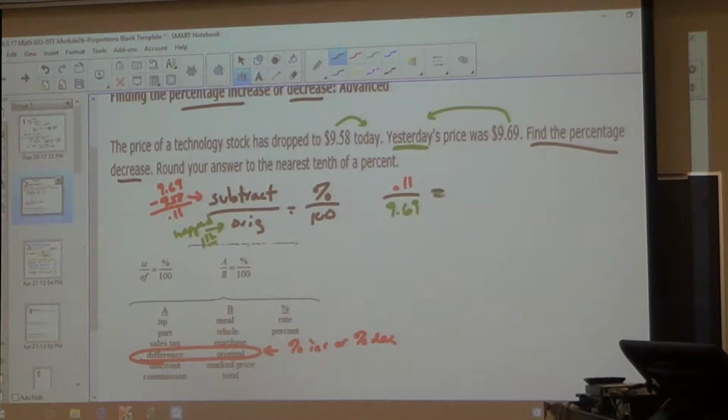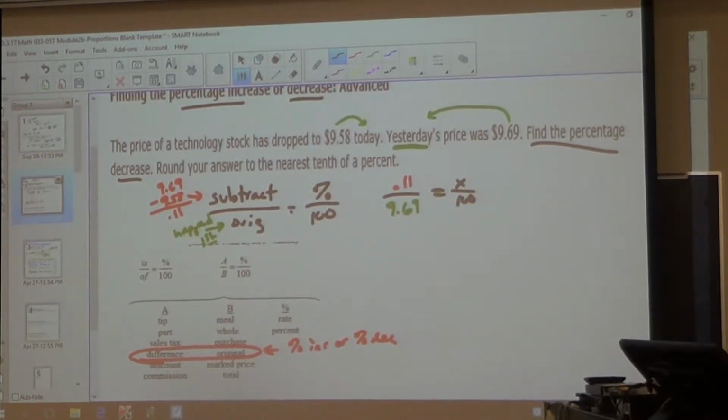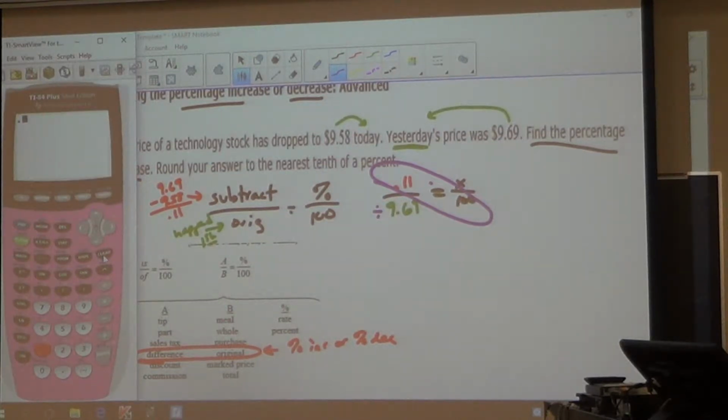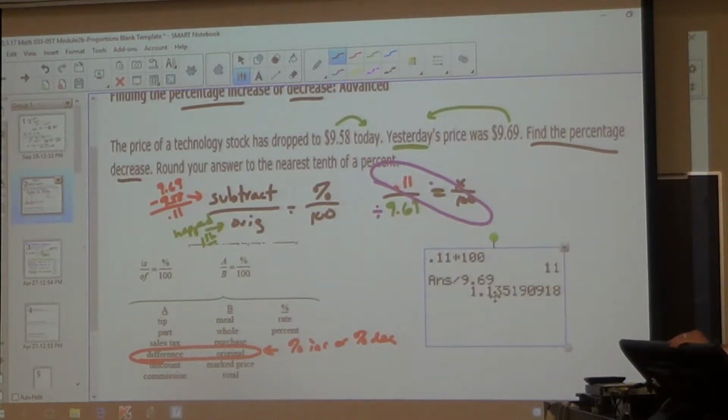So yesterday is the one that happened first. And we are trying to find the percent. So it's going to be subtract. How much did the price go up or how much did the price go down? So subtract over which one happened first equals percent over 100. Now we're going to do our cross multiplication. So we multiply those two and divide by the lower one. So in my calculator, I'm going to do 0.11 times 100 and then divide by the 9.69. So my answer to the nearest tenth of a percent is going to be